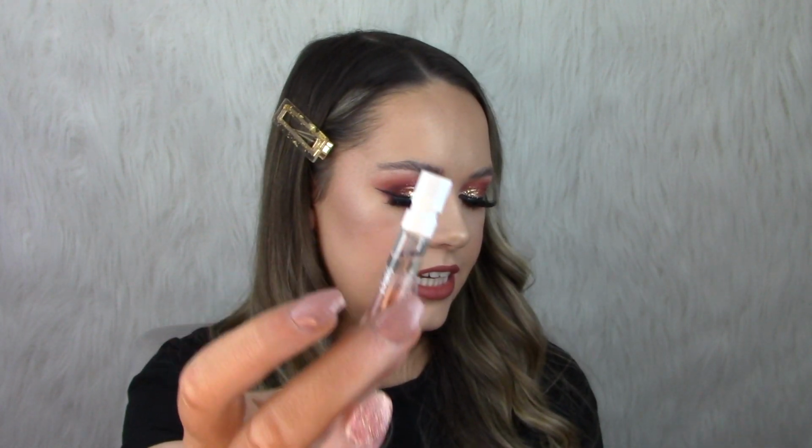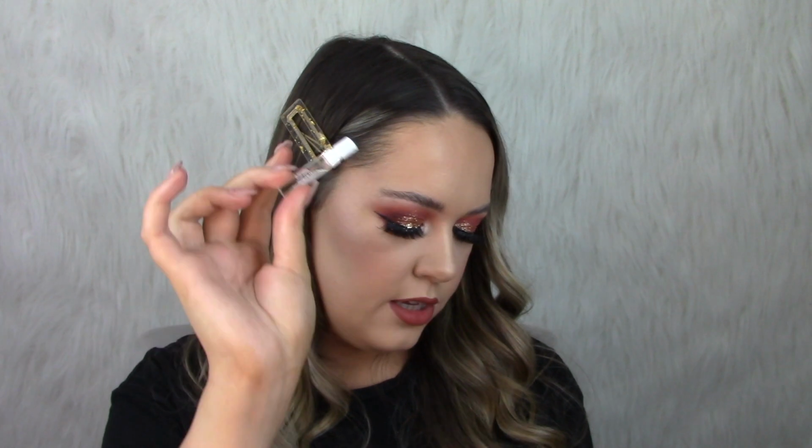So yeah, it doesn't seem that there's a scent coming from that, so I think that might be fine for my skin. I do struggle sometimes with products if they're strongly scented, because I do have sensitive skin, but that one should be fine, so I'll definitely give that a go. This one isn't even in the booklet. This is just a little sample of the Scandal perfume by Jean Paul Gaultier,